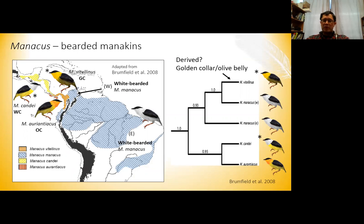Now here's a quick background introduction to the group and the biogeography context. In the Manacus genus, there are four recognized species. In this map, you can see that primarily to the east of the Andes, you have Manacus manacus, the white-bearded manakin. He has a white neck, gray belly, and black wings. And west of the Andes, you have the other three species, as well as a western Andes population of Manacus manacus. Now, the three species to the west of the Andes vary with respect to their neck color and their belly color. So here we have three species: the white-collared manakin, Manacus candei, the golden-collared manakin, M. vitellinus, and